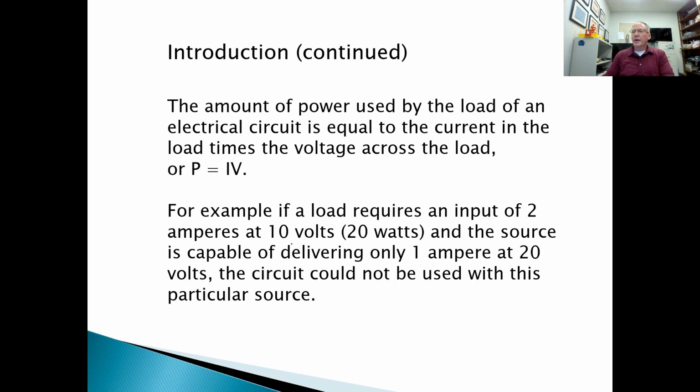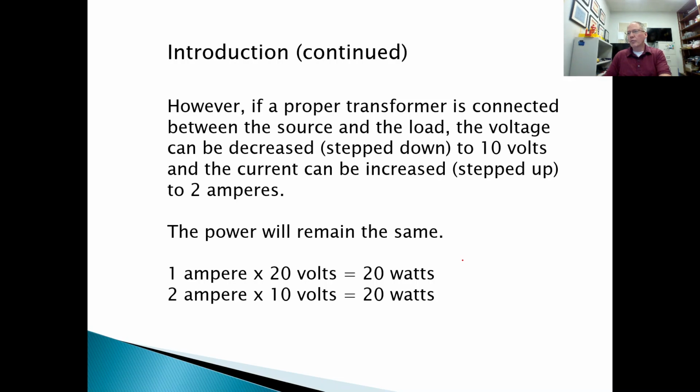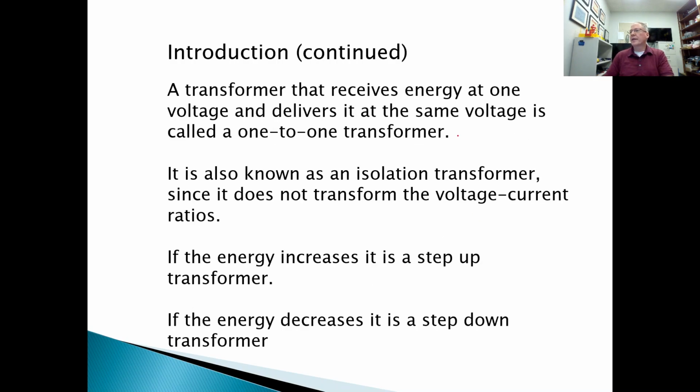Now remember, power equals current times voltage. And if we have 2 amps times 10 volts, that's 20 watts. Same as if we have 1 amp at 20 volts, it's still 20 watts. So if we can change the ratio 2 to 1, stepped up or stepped down, then the power is still going to be the same. And then when we transmit it, that has the benefit of helping us there. Now,